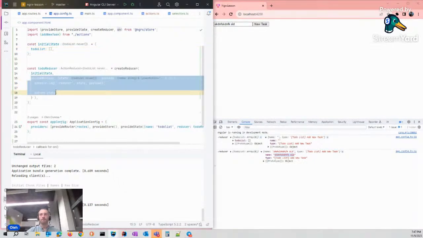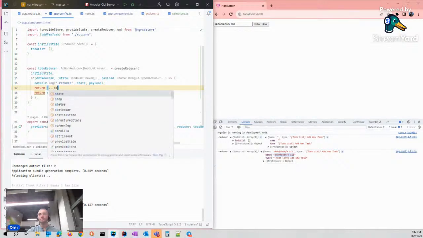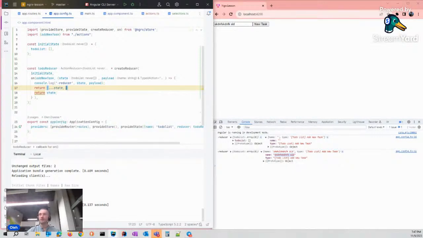This reducer, this function on, should return the new state object. In most cases, it's written in a format with destructuring and the new additional arguments.